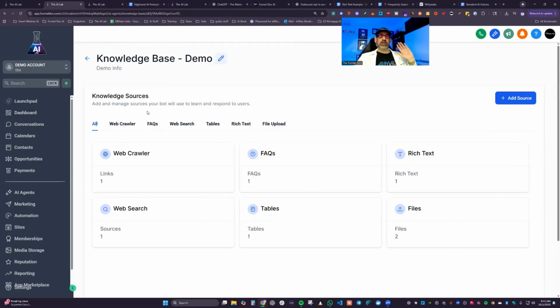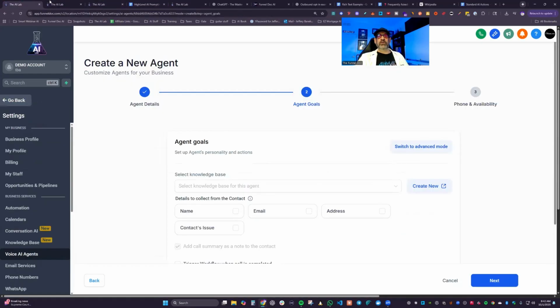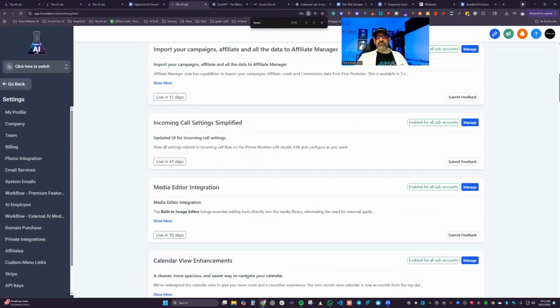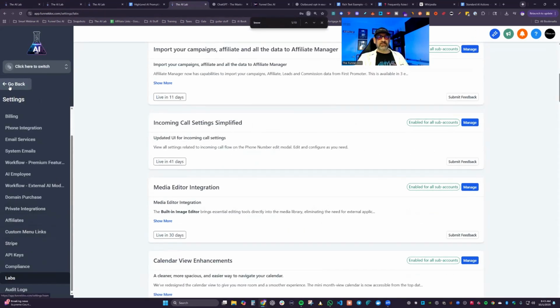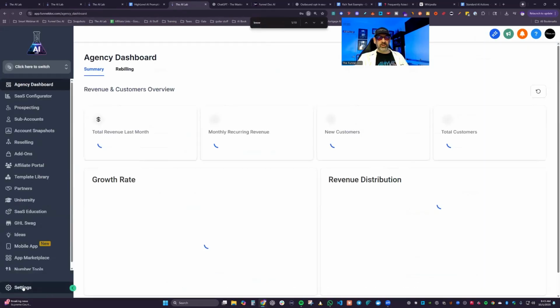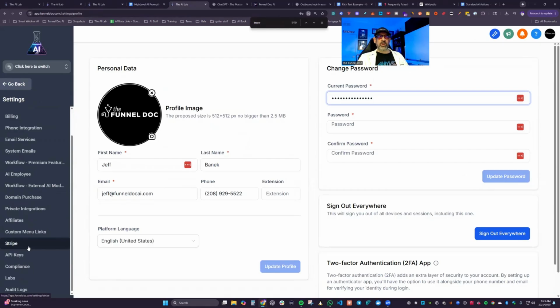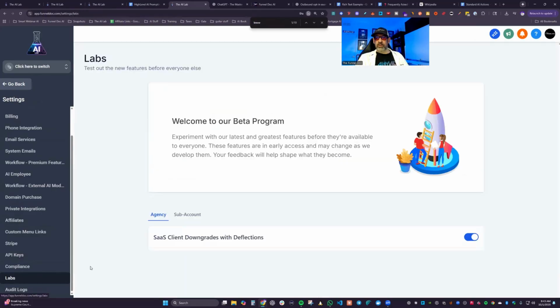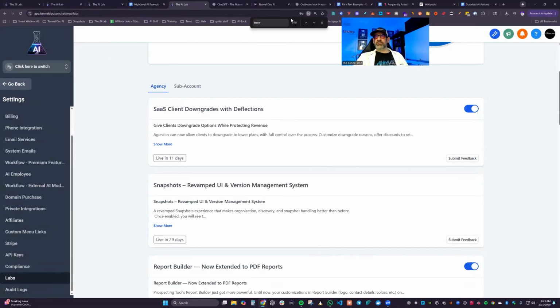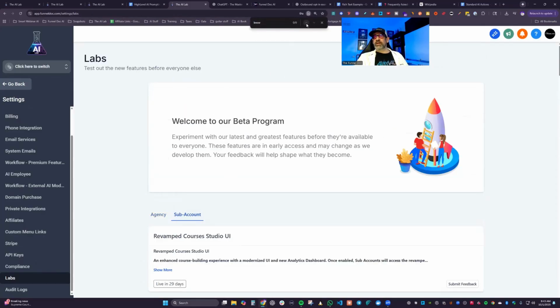But to turn all these on, you have to go to your agency level. You're going to go to your agency level. You're going to go to your settings. So you're going to be in your agency level. You're going to settings at the bottom here. And then you're going to go down and you're going to go to labs at the very bottom right here. And then you want to go into, and you're going to go at the sub account level. So that's not the agency, it's the sub account level. So you go to sub account, and then,